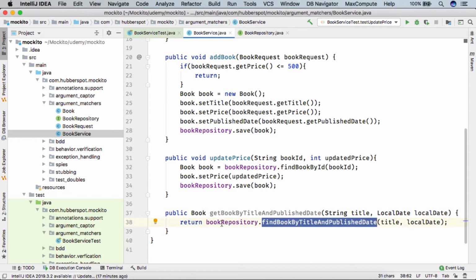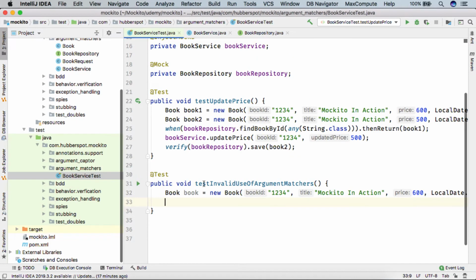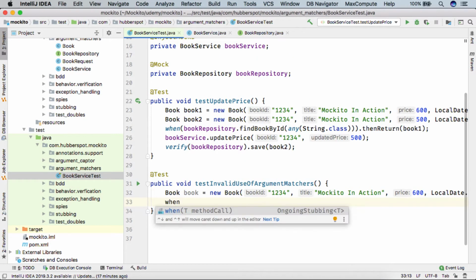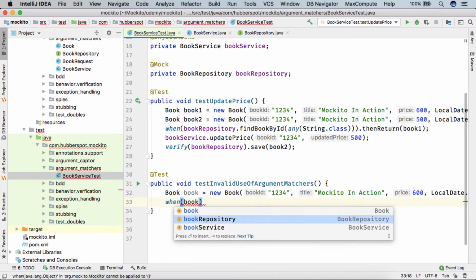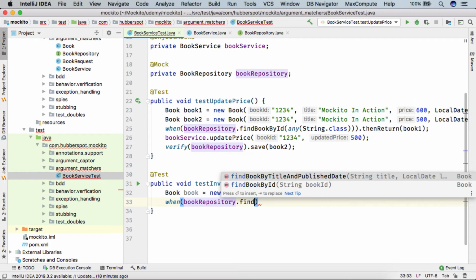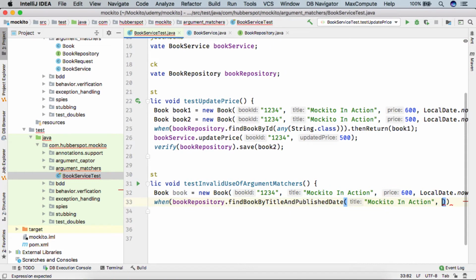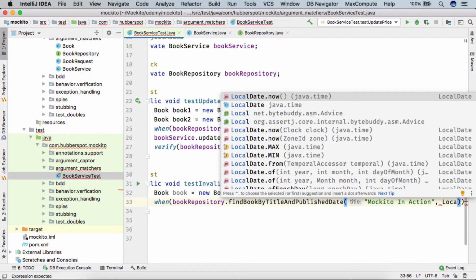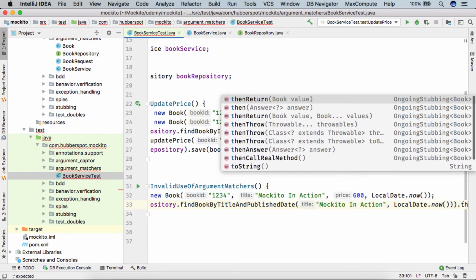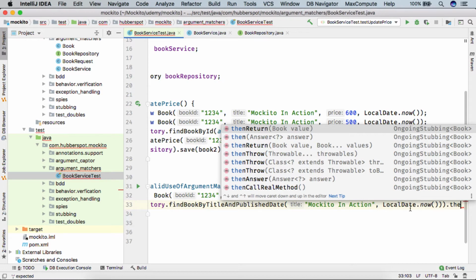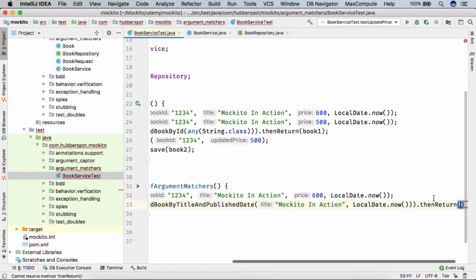So we need to mock the book repository's find book by title and publish date method. So here we'll do when, and let's say the title we provide is Mockito in action, and local date, let's say local date.now, and if these two match then we simply return the book,